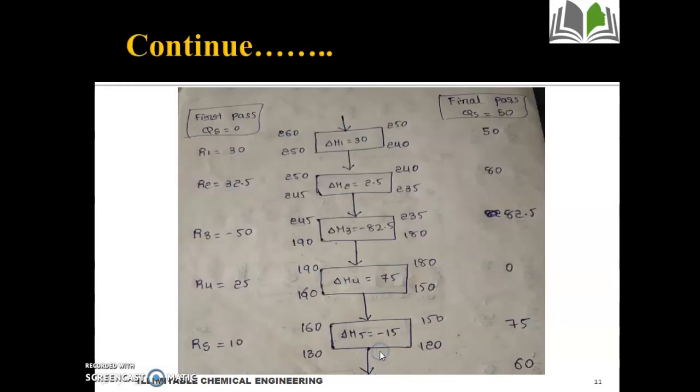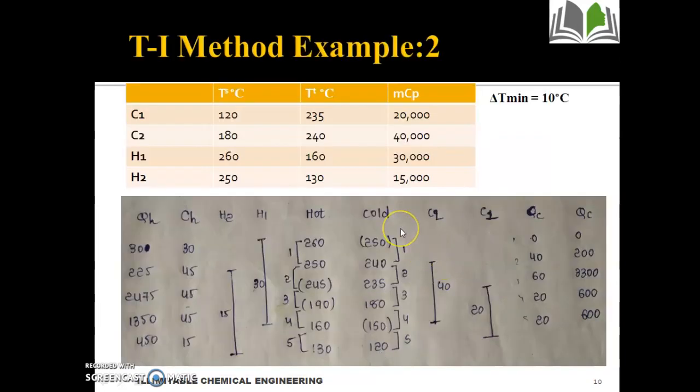Now after that we will see the presence of the streams. These are the intervals 1, 2, 3, 4, 5, right? So 250 to 240 is the first interval, 240 to 235 the second interval, 235 to 180 the third interval, 180 to 150 the fourth interval, and 150 to 120 the fifth interval. Similarly, we'll see which streams are present in the first, second, third, fourth and